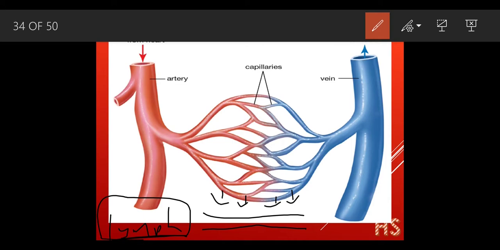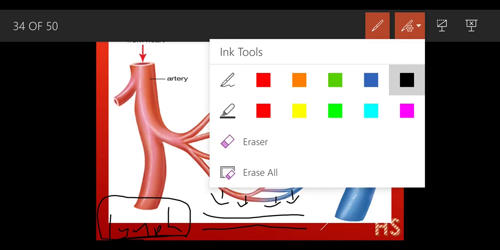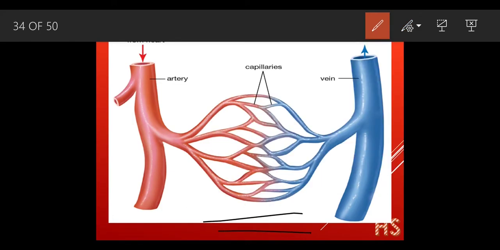And any waste which is inside the lymph gets transported back to the capillaries, the inward diffusion of carbon dioxide. So the function of this capillary is outward diffusion of oxygen and inward diffusion of carbon dioxide. And here the diffusion of substances also takes place. What do you mean by substances? Substances means the nutritive part or the toxic part. Glucose and amino acids are useful, but urea is not useful, so it should be thrown out of the body.